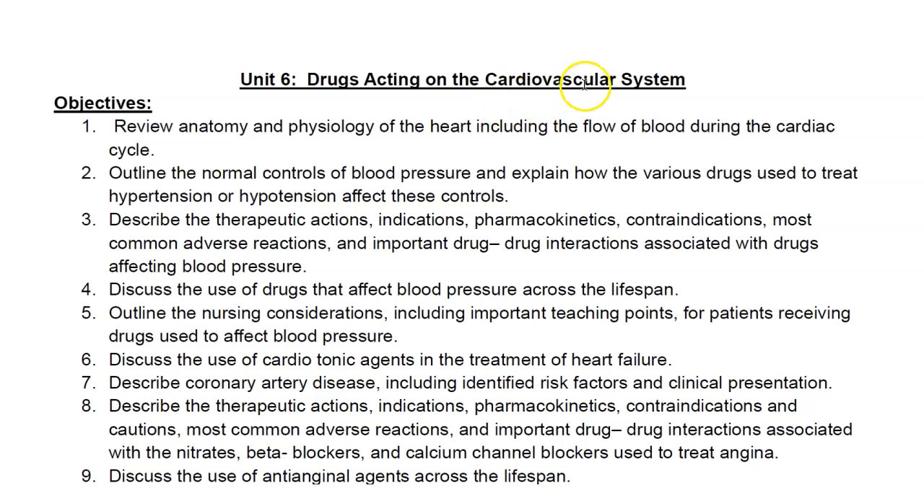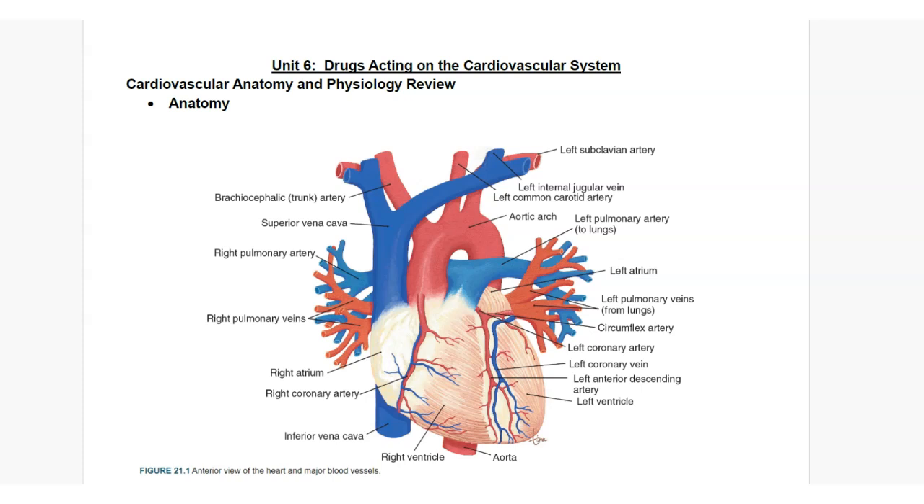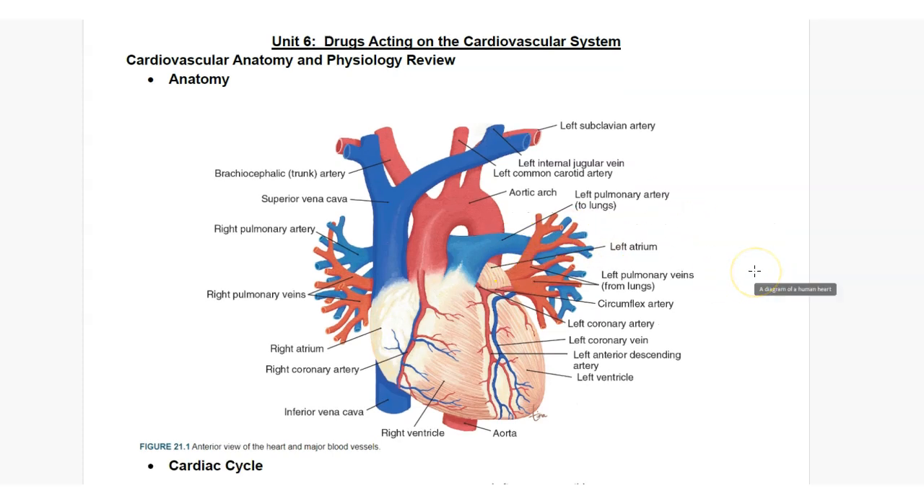Unit 6, Drugs Acting on the Cardiovascular System. This is a review of the cardiovascular anatomy and physiology. Please look at these images. You don't really have to memorize it. Just be familiar with the structures of the heart because it gives you an idea of how some